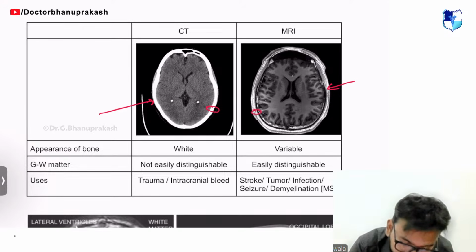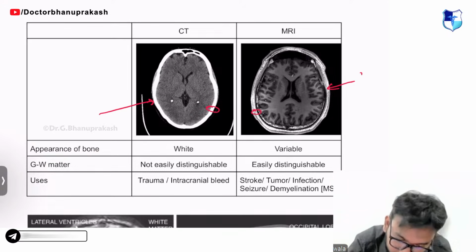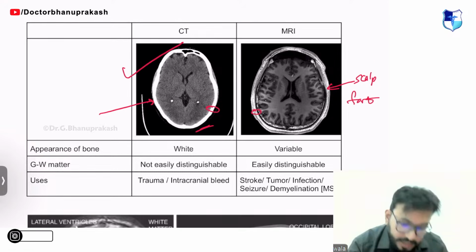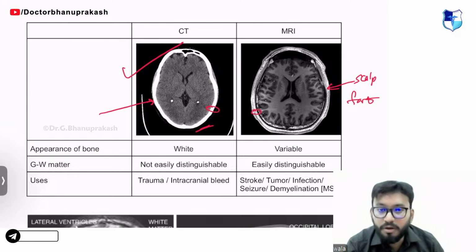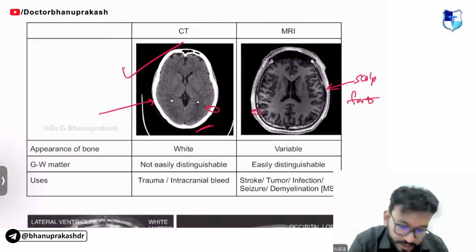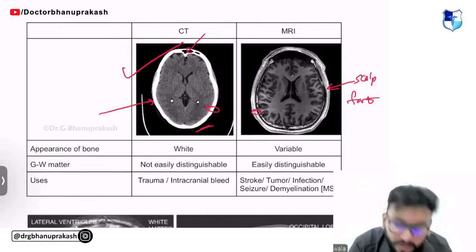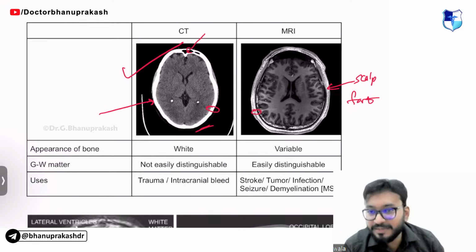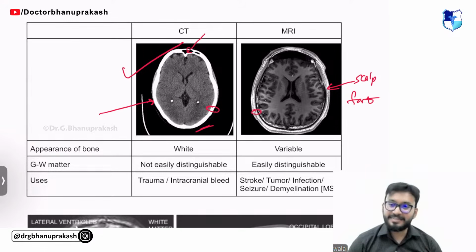This is scalp fat. Okay, this is scalp fat, guys. This is not the bone. Please embed this image in your minds. This is CT scan. This is how the cortical bone will look. Okay. What is this black inside? It is air. Remember what air? It is the sinus, guys. It is the frontal sinus.